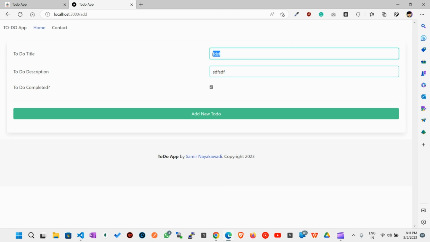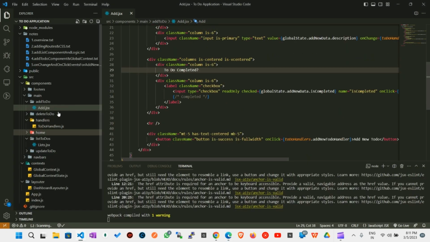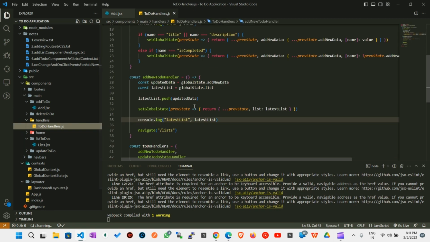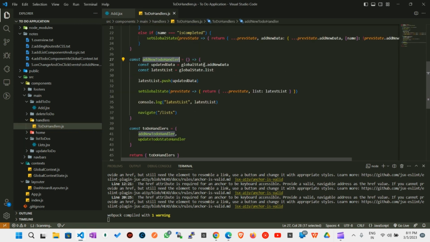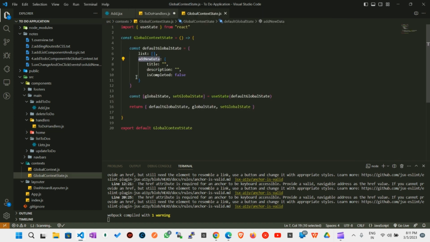Okay, when I click on new, we still have that old data, so we need to resolve this. So we have this handler. We're going to call this handler on click. After this, we can update our state. This part,